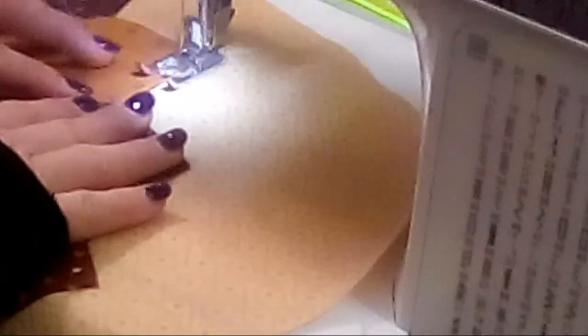And now we're going to keep it on that same stitch. We have all this stuff over here. And I'm going to come right after the tip of one of my points. I'm going to start right after the tip. I know my needle is now stopped on the outside again, so I'm just going to put it down along the edge of the fabric. Put my foot down and start stitching. So my straight line is on the outside of these pieces. So I'm going to come down